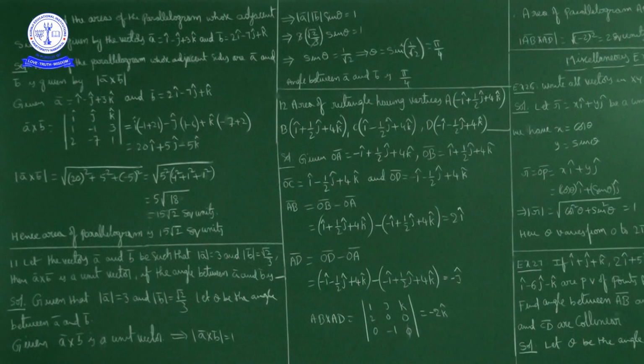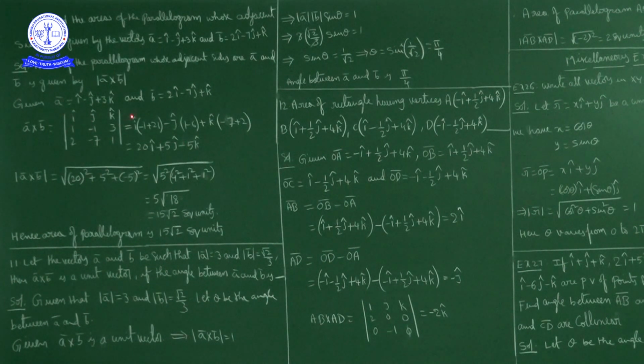Okay, now this determinant: i into the first row first column cofactor, minus 1 minus of minus 7, plus 21. So minus 1 plus 21 is 20. So 20 i cap